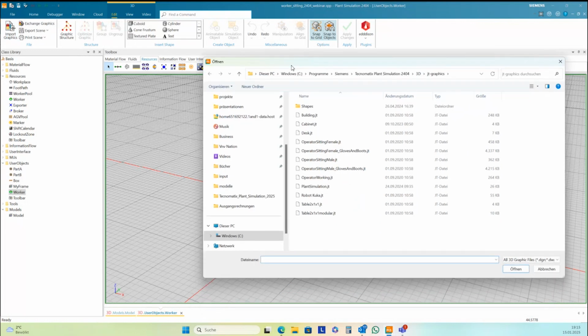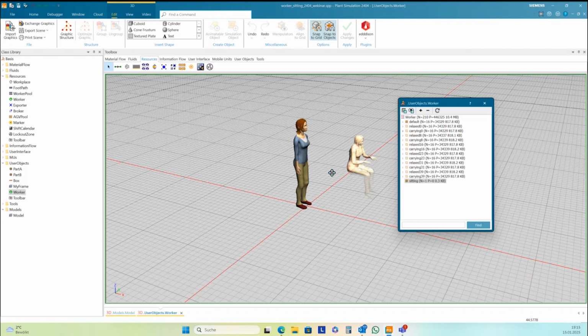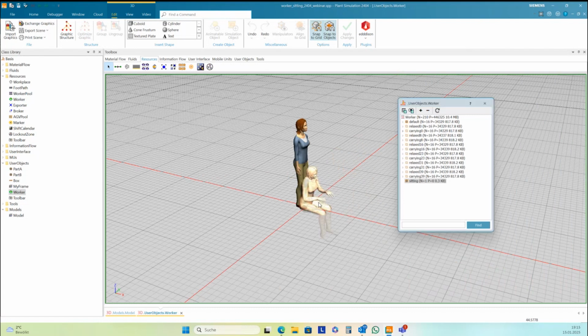And there you find an operator female sitting, female here. The default graphic format for importing graphics is JT. You open this, and here's the female sitting graphic.